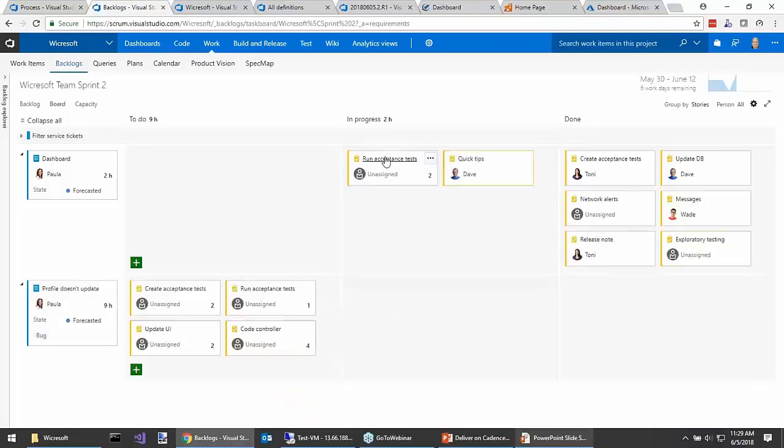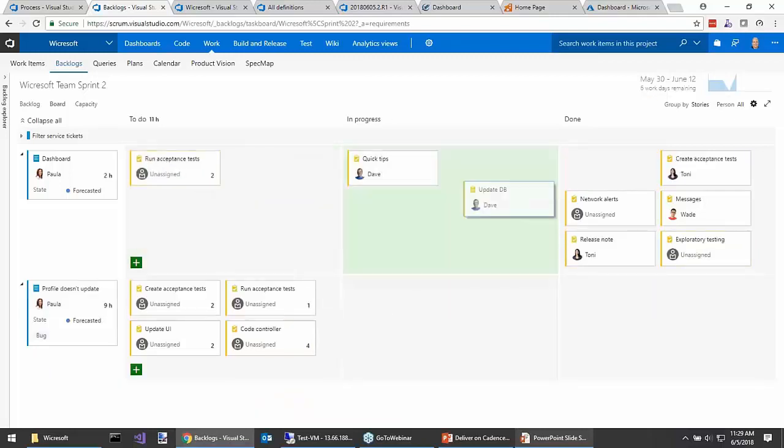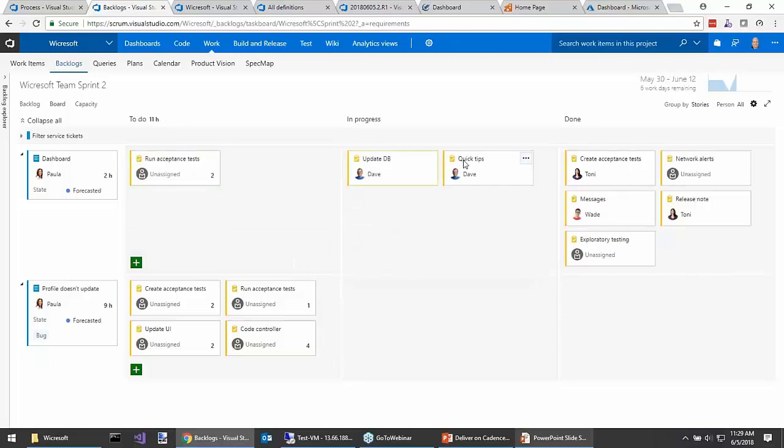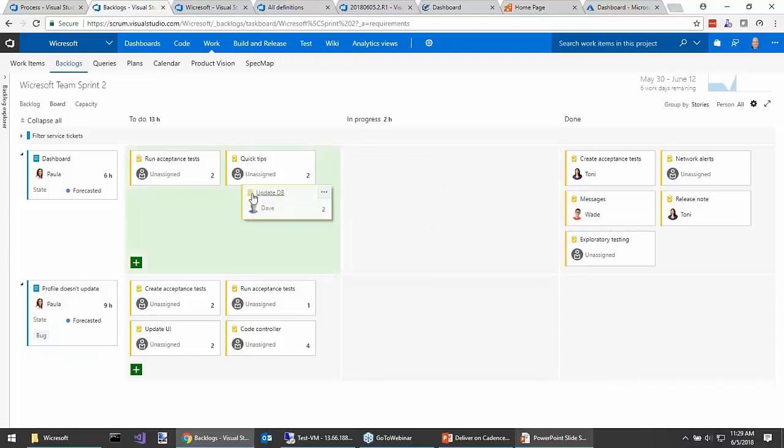Let me set the board up like this. Dave's working on the database. Let's put this one back. Let's say that there's still a couple hours to work in there. Dave's working on the database and gets stuck. It takes courage for Dave to ask for help, because what I see a lot of technical people do when I'm coaching is they'll just sort of put this one back, maybe do their due diligence, and they'll block it.